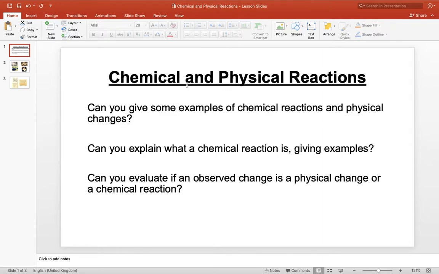By the end of this lesson you should be able to give some examples of chemical reactions and physical changes. You should be able to explain what a chemical reaction is, giving some examples. And you should be able to evaluate if an observed change is a physical change or a chemical reaction. So again, if you could write the title Chemical and Physical Reactions in your exercise book, we will make a